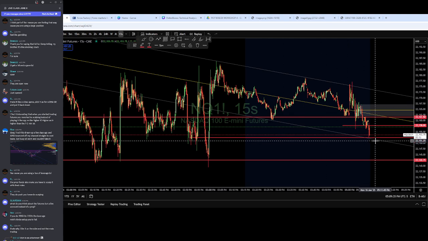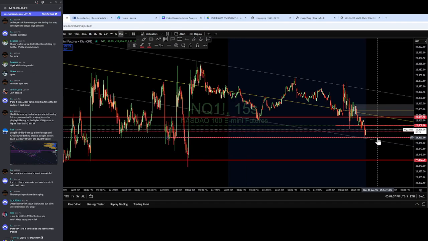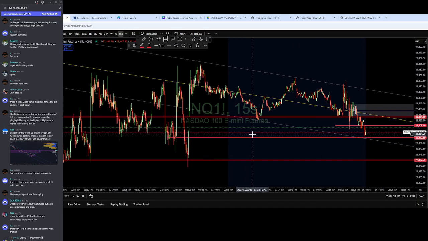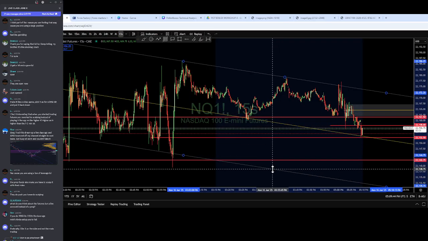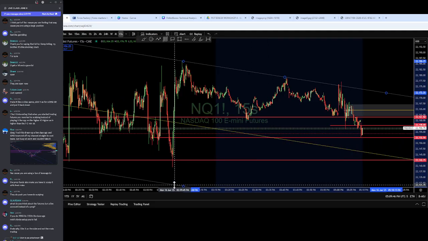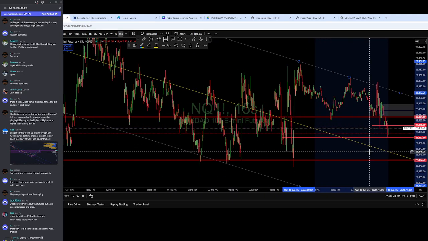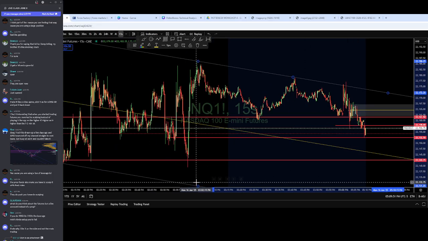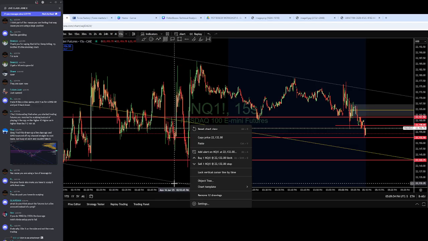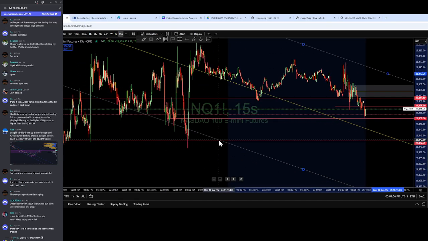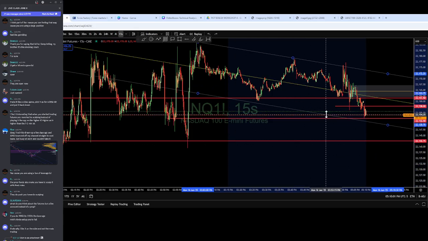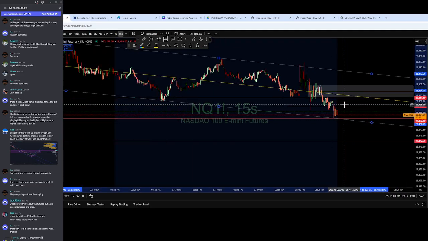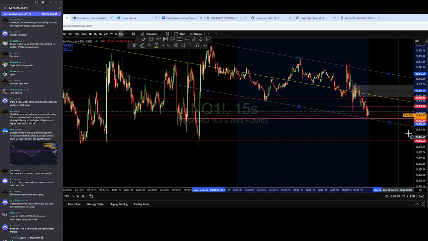Now, is a 15-minute channel meant to hold? Probably not, right? It's probably going to collapse. It's probably part of something much larger that I could find by just expanding. But you get what I'm saying. So the lower time frame, the 15-second control, was enough to be able to spot a play from here to there. And that was a confluential target that I found over to my left.